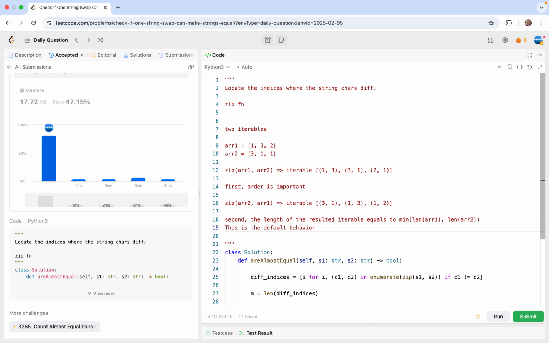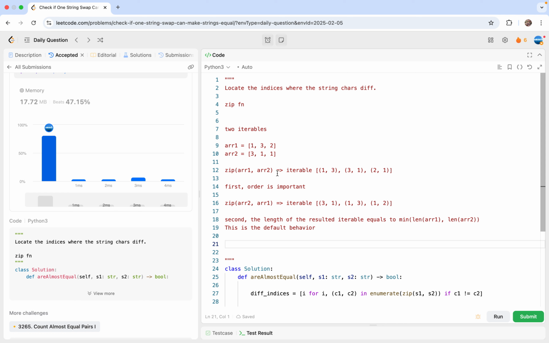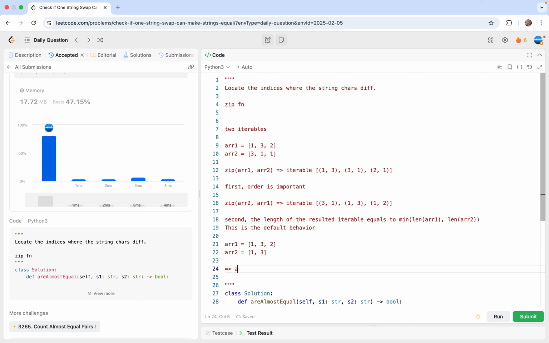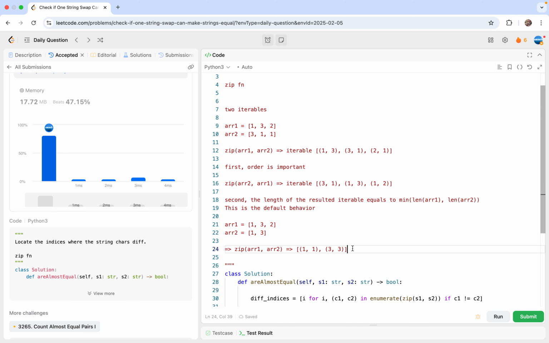You can make some changes. Here, if you have, say, array 1 equals 1, 3, 2 and array 2 equals 1, 3, then if you do zip of array 1 and array 2, you are going to get an iterable of this format: (1, 1) and (3, 3), because the shorter length is 2, right? And third,